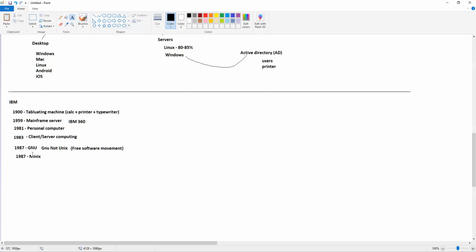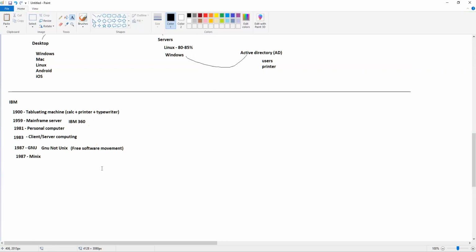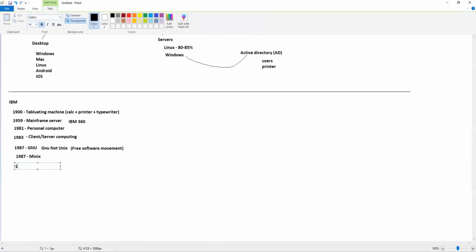that was actually based on GNU software and the Unix operating system. It was inspired by Unix, and it uses a lot of GNU software which was available as a part of the free software movement. Minix was created for college students, for learning purposes, so it was not business ready. It was not mature enough that every business could use it, and it had a few loopholes. But it was the operating system which paved the way to what we have right now, Linux.